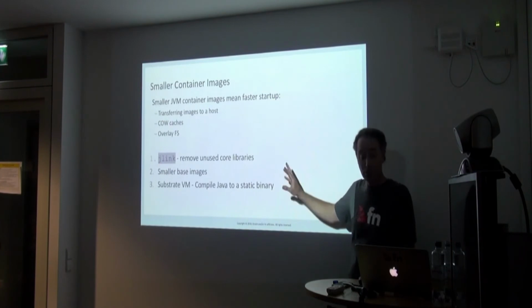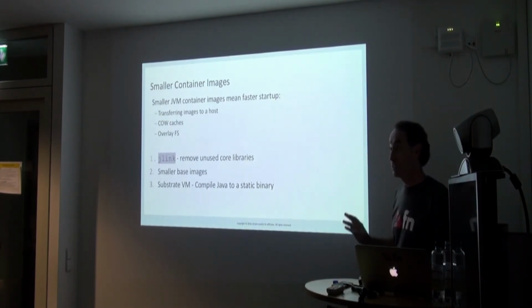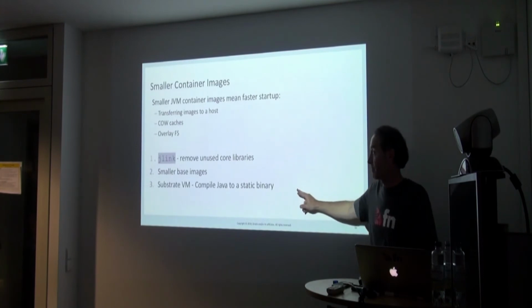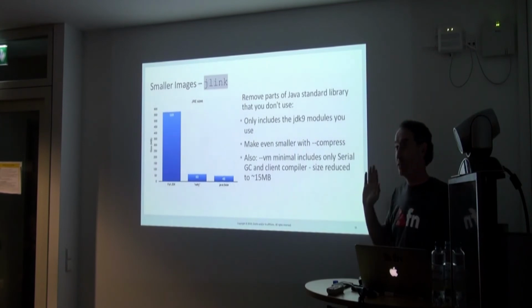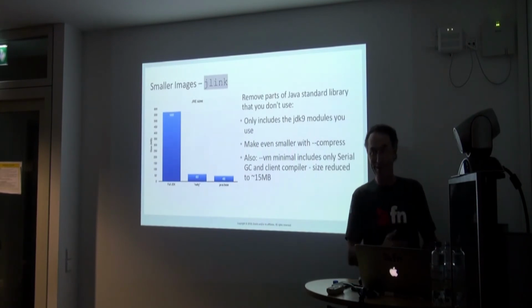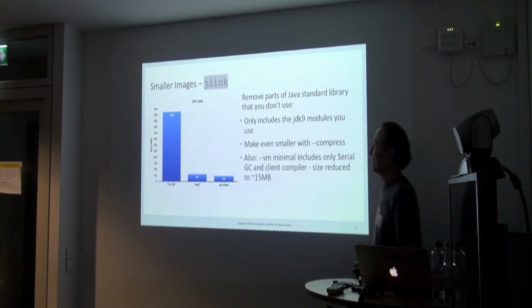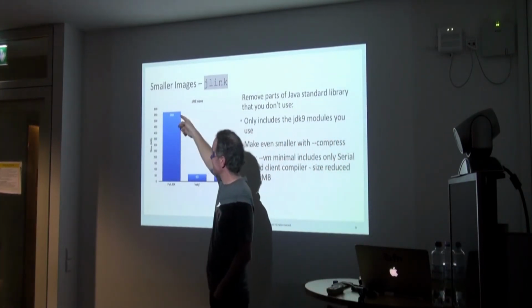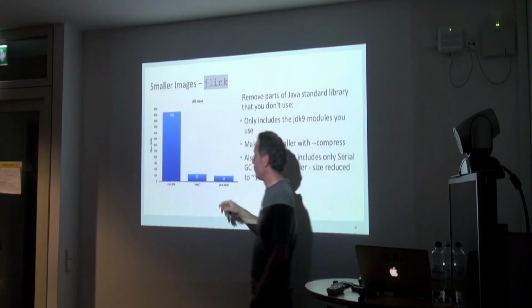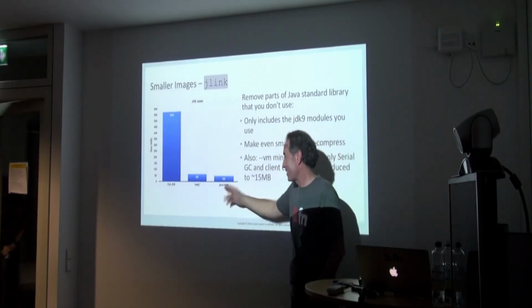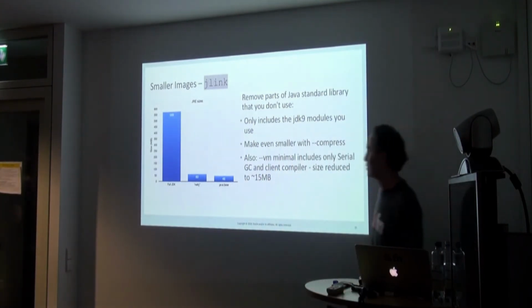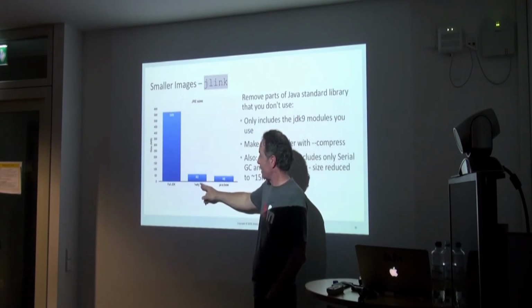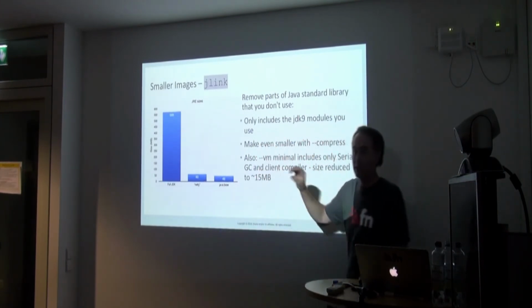And so there's things we can do. We can use JLink, we can use smaller base images, and we can use Substrate VM from the Graal project. Let's look at each of them. JLink, anyone using JLink? No? Okay. These guys back in headquarters are going to be like, everyone's using this thing. We worked for years on that. So the full JDK classes are 568 meg. If you use Java 9 modules, the core classes are about 48, or 46, I can't tell. If you have a small, minimal Netty web server, it's about 60 meg. So with JLink, you can really shrink down your apps.